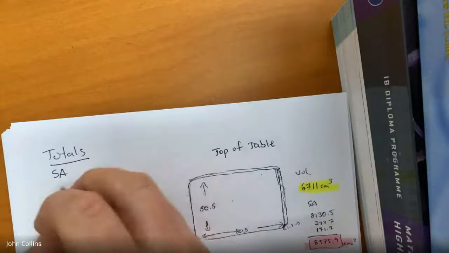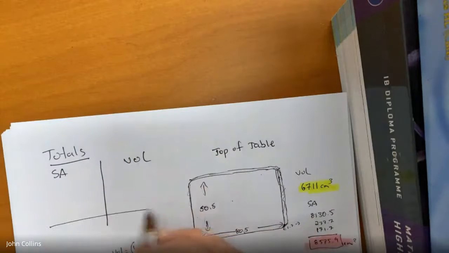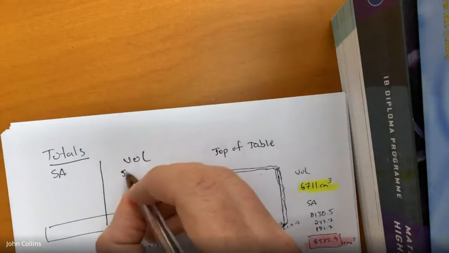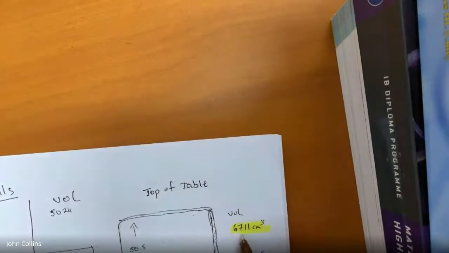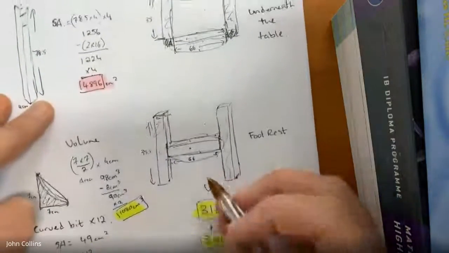Surface area. I'm going to add them all up, and volume. I'll add them all up and then get a total. I'm going to put it down here. Okay, so for volume, I have one volume here, 5024. Another volume here, 6711. I have a few volumes down here at the end,